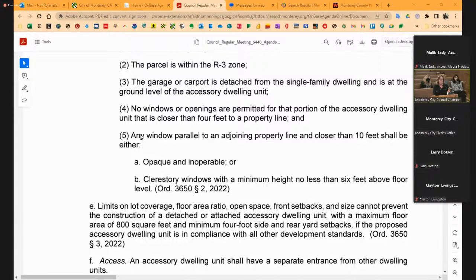I guess I'm going to offer one suggestion. There may be scenarios where the developer doesn't want an operable window. They may want it for exiting, but if it's up higher, like a clerestory window, they may not want to make it operable. If that's the way you're going, I would just say A, opaque, and eliminate operable in clerestory windows. That way they can choose what they want to do there. If you're wanting to provide flexibility, take that part off.